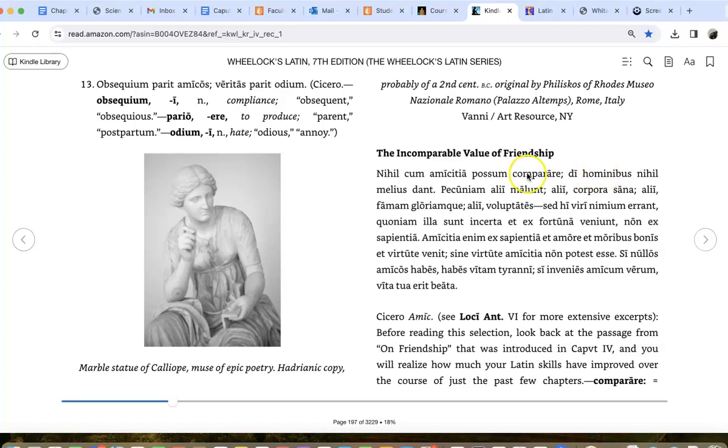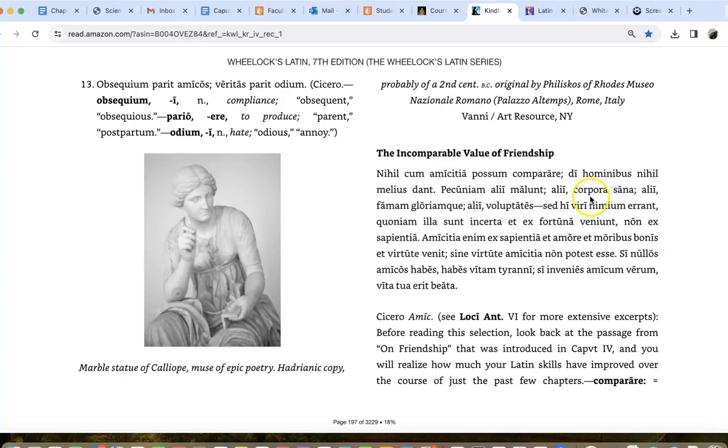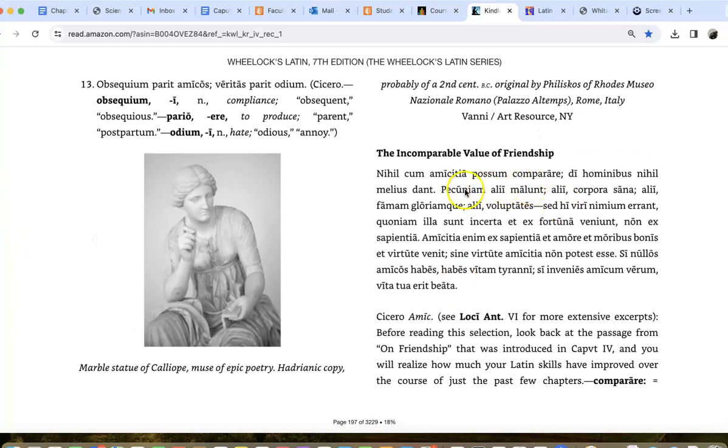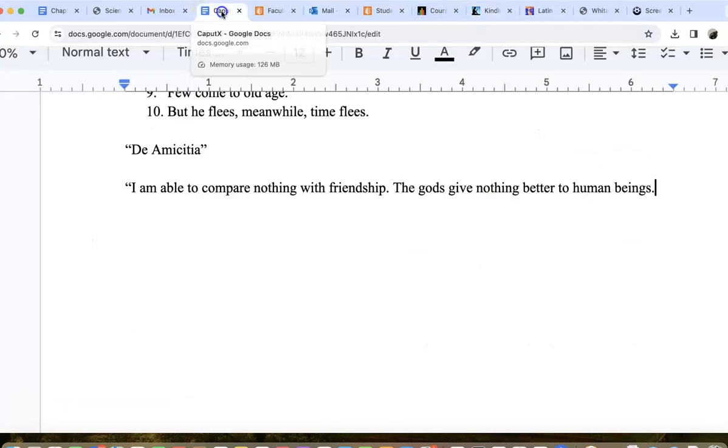Homo sapiens. Okay. Some prefer money, others a healthy body, others fame and glory. So notice how this verb sort of is implied in these other clauses. So some prefer, because malunt means to prefer. I think they glossed that for you. Yeah, so they give you that right here. So some prefer money. I'm going to write that out here. Some